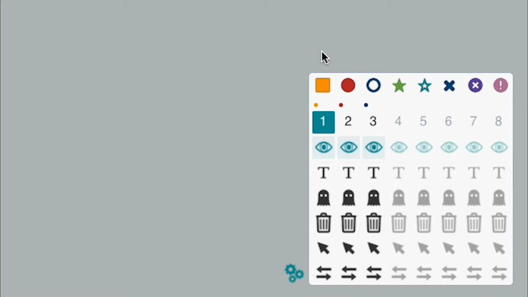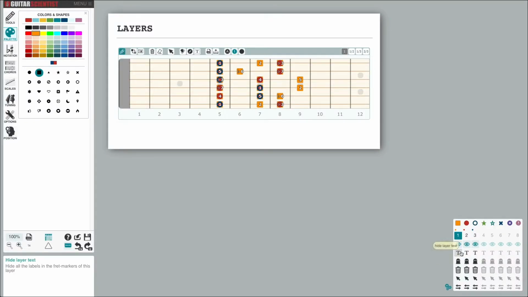From top to bottom, the first advanced function will hide the labels inside the markers only on the individual layer. Consider that if the same note is selected on multiple layers, the label will be displayed based on the setting of the highest active layer. This feature allows me to do things like disabling the labels of the minor scale written with orange squares on layer 1, but keep the labels on layers 2 and 3 that contain the pentatonic scale and the chord, so that I can visualize the degree numbers only on those frets, if the respective layers are visible.